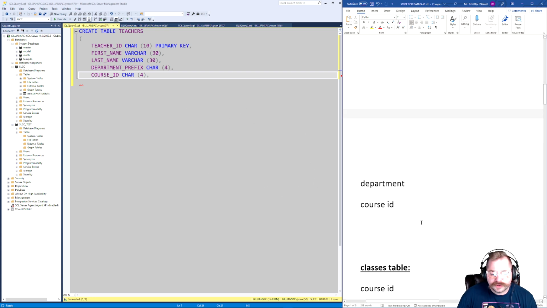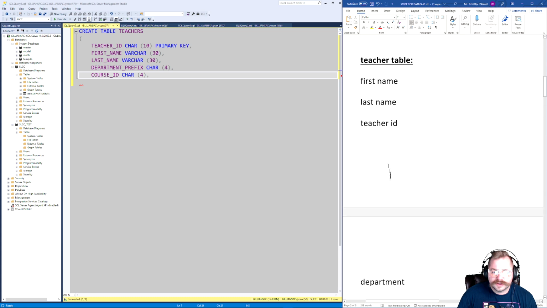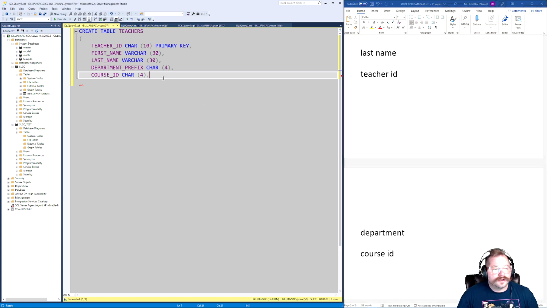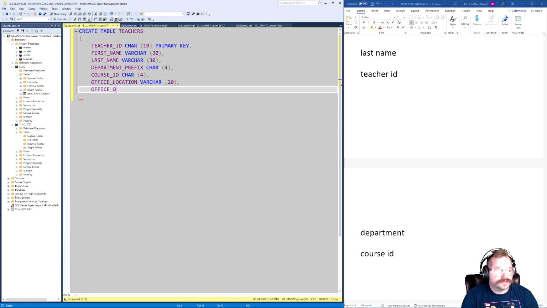We need to know if they're an advisor or not, but we're not doing like a yes or no statement, so I'm not too sure how that's going to work. So we're just going to, for now, they need teacher's name, course ID. They need office location, and we'll make that a varchar 20, and then we'll do office hours. We'll make that a varchar 20 as well, and then we'll do